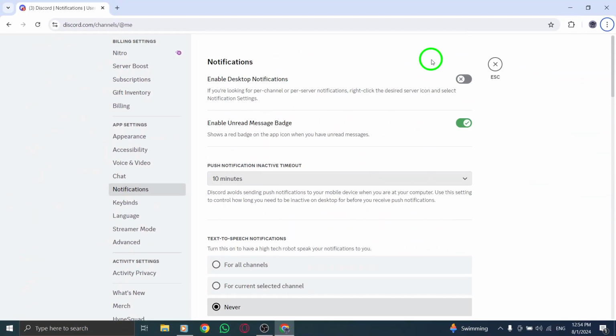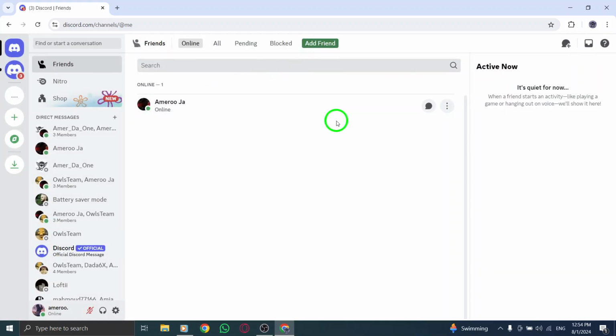And that's it. You now know how to view and manage notifications on Discord, helping to enhance your communication experience